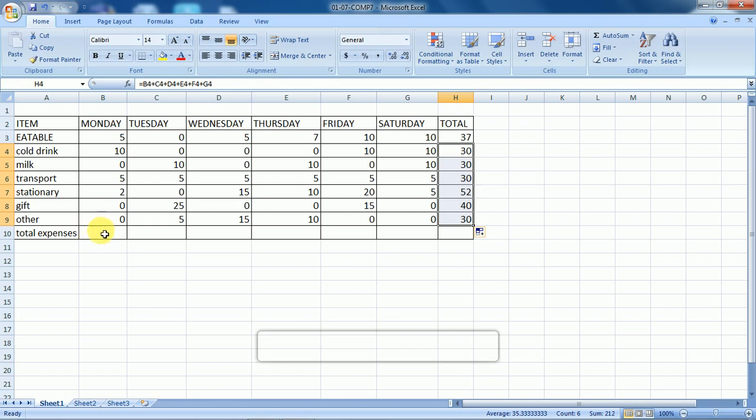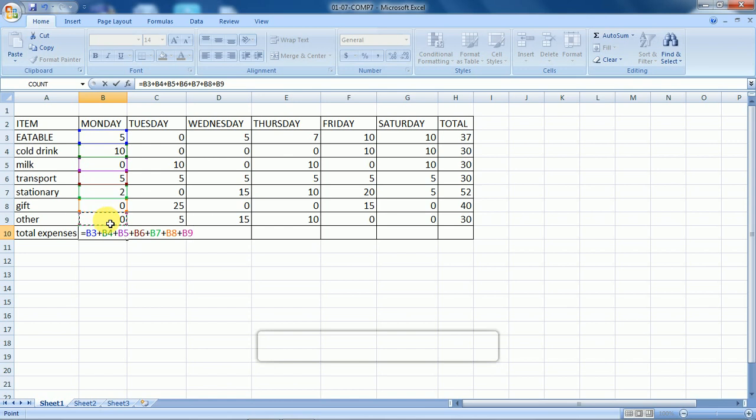If you want to calculate, click here and press the equal sign, then select 5, then plus sign, again click on 10, again plus sign, again click on milk 0, that means no expense for milk, not purchased, then again plus sign, again for transport 5, that also you select plus, and 2 for stationery items, again plus sign, and for gift, now gift purchase, so 0 will be applied, so again plus sign, and the last one, no other item also nothing.